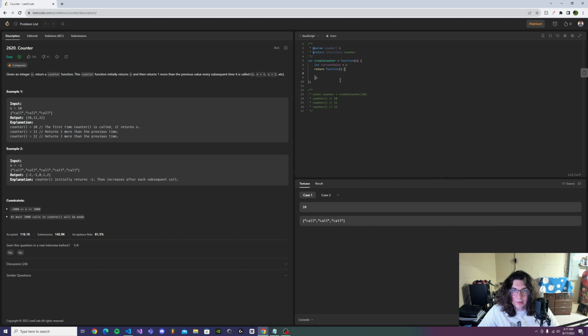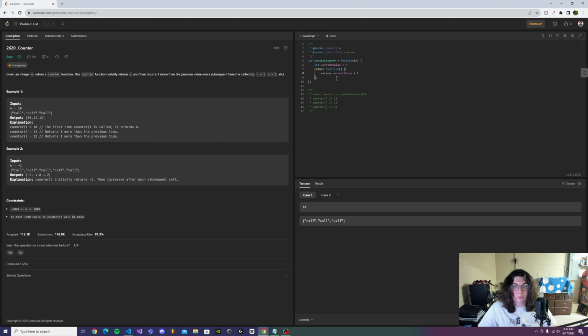Now let's go ahead and do the closure function. So each time we call this, we want it to add 1. So I can do return current value, which right now that's just going to return whatever we throw into it. We want to add 1 to this. So now it's just going to add 1 each time we